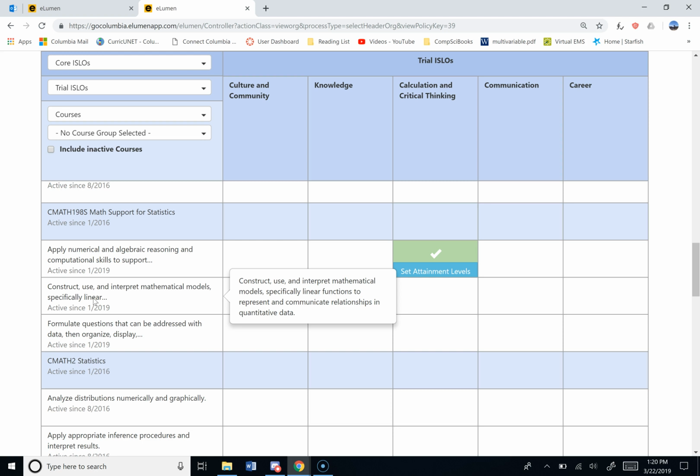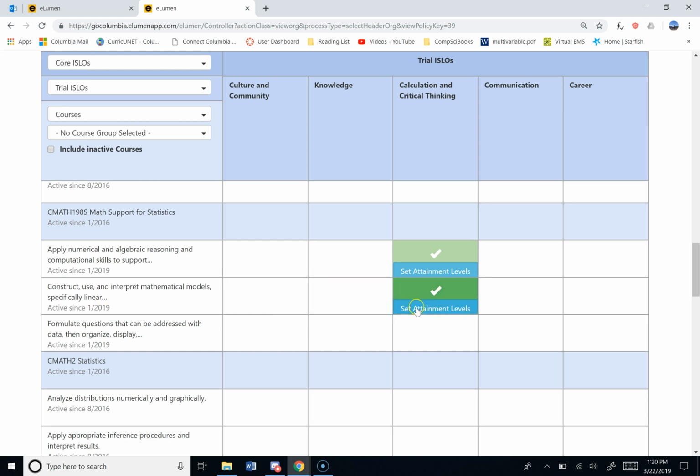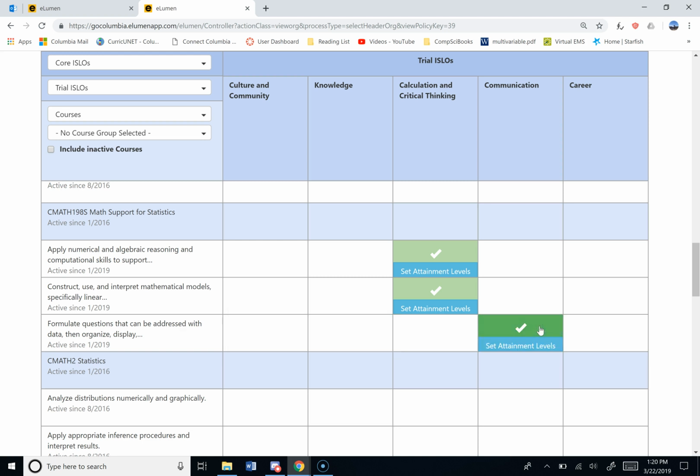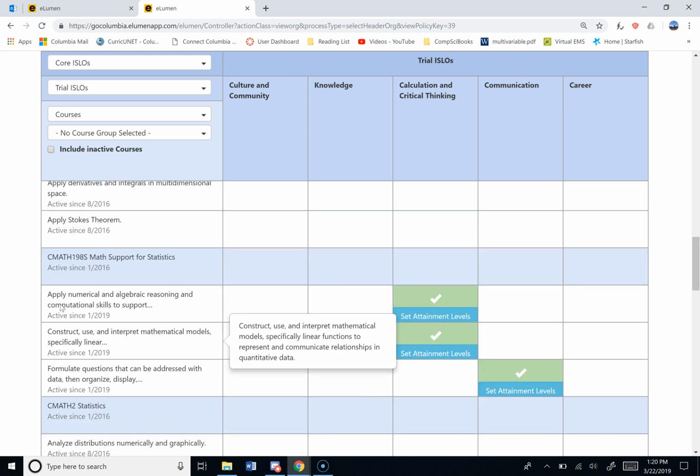That could be either a calculate or a communicate thing. I'm going to put that one in calculate 2. Whatever you do, don't put these in more than one area. And then this formulate questions that can be addressed, that's a clear communication thing, so I'm going to select communicate there. So if you want to do that and then just note which ones you've done it for, that would